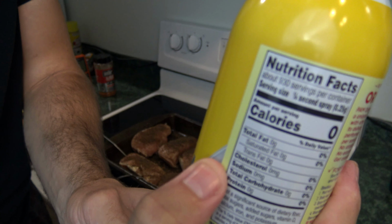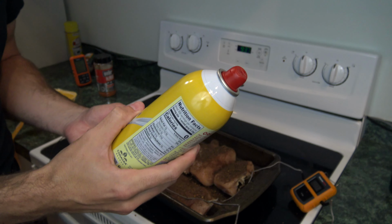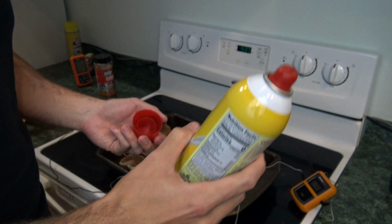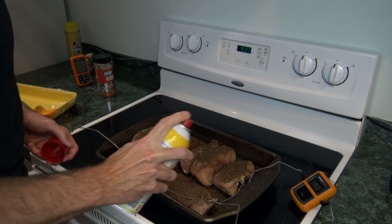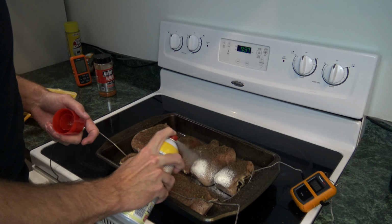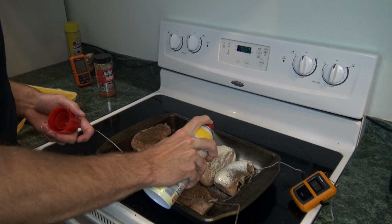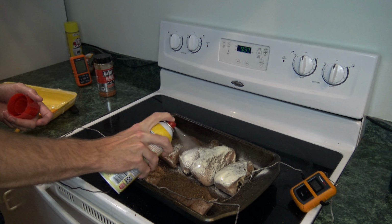You know, it says it has 0 calories per serving, but honestly, you're probably gonna be adding like 100 calories of this stuff. It's not exactly 0. So don't be afraid to use this liberally. It will make it taste much better, and you'll see the final product. So lay it on thick. I mean, just let her rip, tater chip. Hit it on the sides, you know. Don't be afraid to...